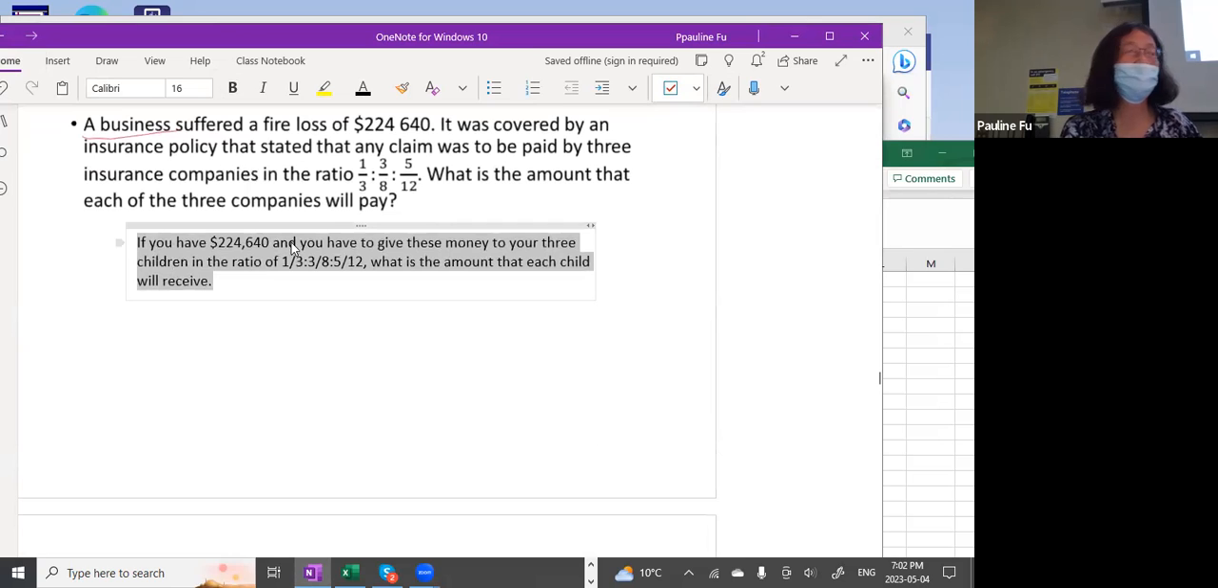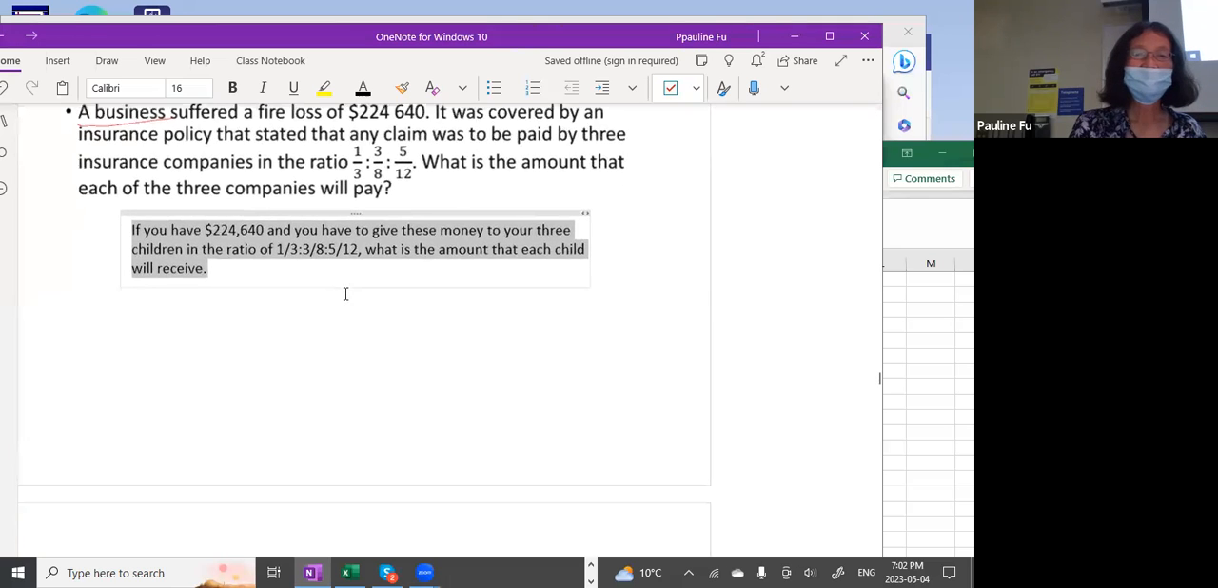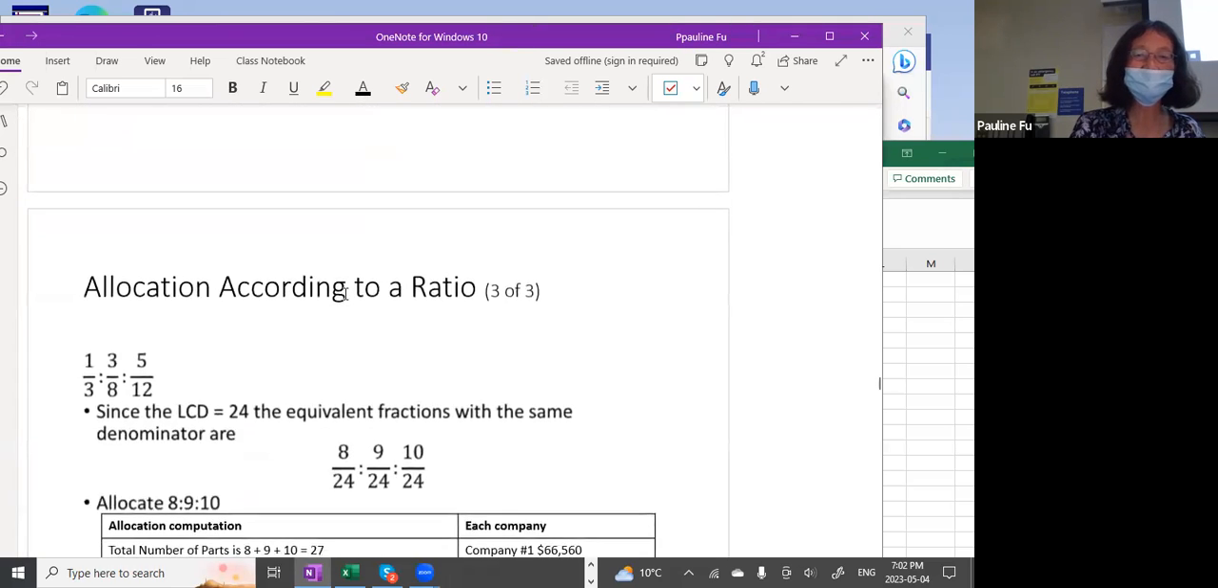Okay, this is the same question. If you have this amount of money, you have 3 children, you want to give the money to children based on this ratio, what amount should each child receive? Is that clear? This is the question, maybe easy to understand. Okay, so to solve this question,